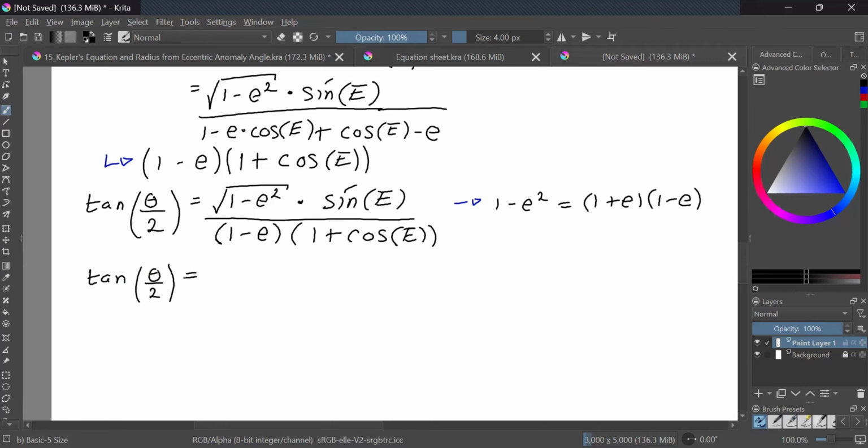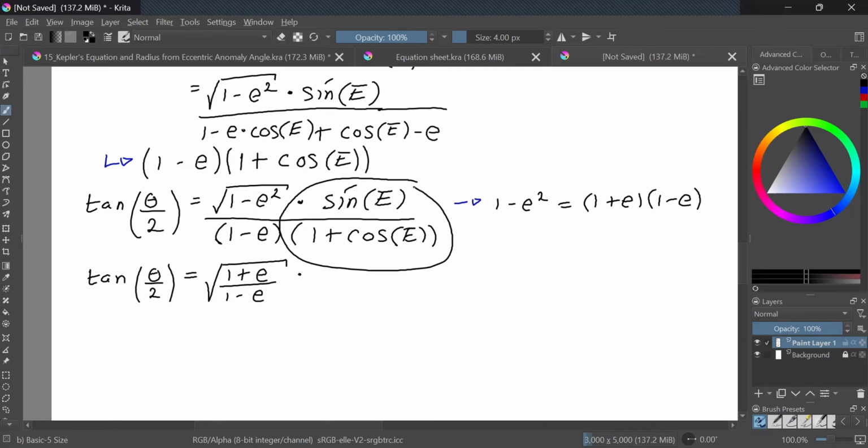Once all of the exponent math is done, you will have the square root of 1 plus the eccentricity over 1 minus the eccentricity. I had to check with my notes to confirm that. Times, and now we have